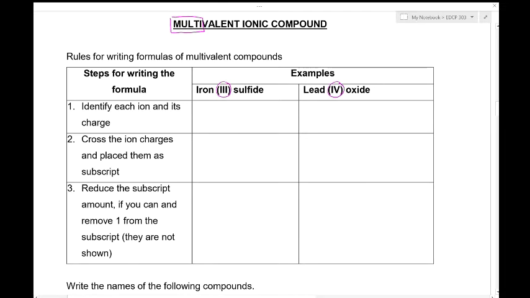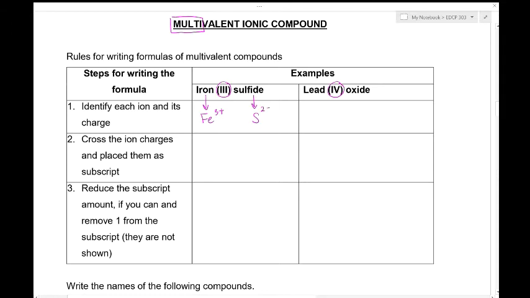For the first example, we have iron(III) sulfide. The first step is to identify each ion and its charge. Here we have iron(III). Because it's a metal, it has a charge of +3. Sulfide is sulfur, and looking at the periodic table, it gives us